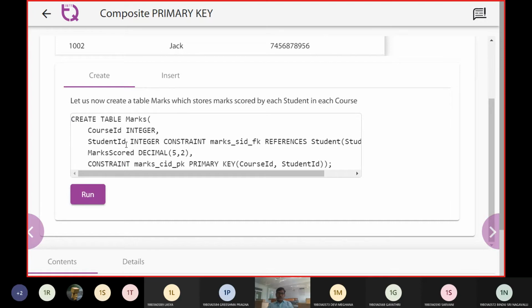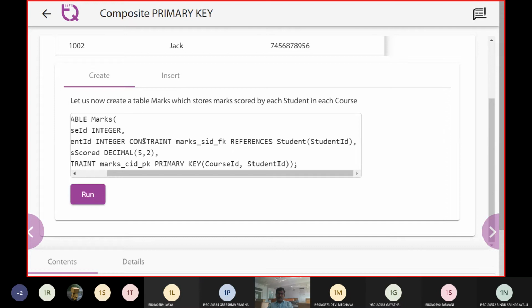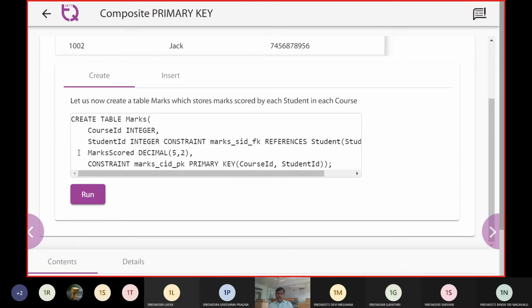How are we going to do it? We take the course ID as an integer, then student ID as an integer, and it is treated as a constraint, behaving like a foreign key. The name of the foreign key is marks_sid_fk, and it is going to refer to the student with the student ID.